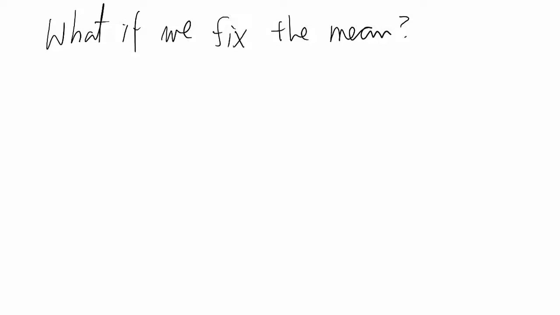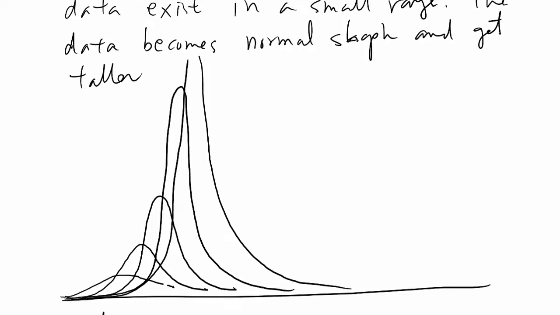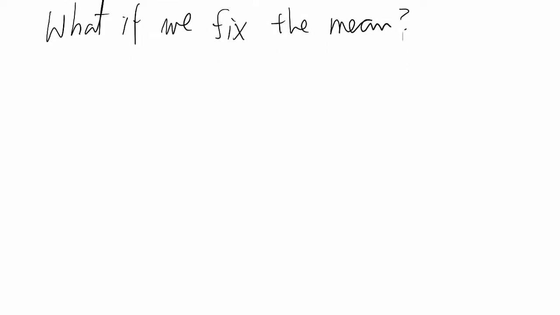What if we fix the mean value? Before, without fixing the mean, we have this kind of distribution graph, right? So the graph is moving a little bit toward the right side, and more of the data is in the very small range here. But now, next topic, we want to fix the mean, which means, let's say we have